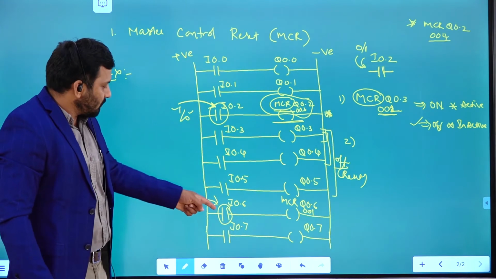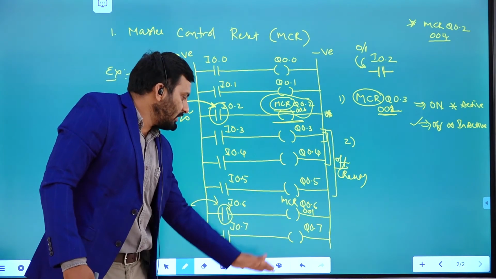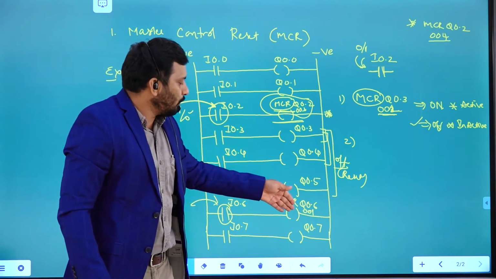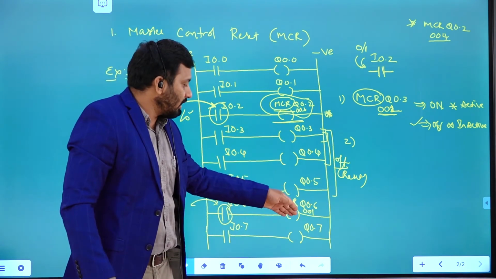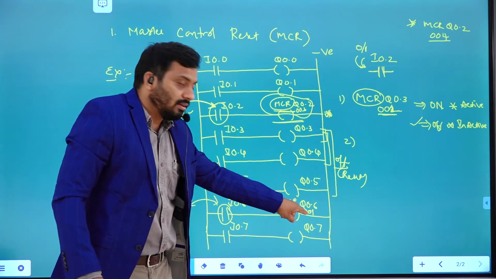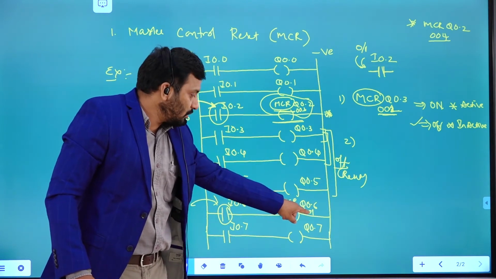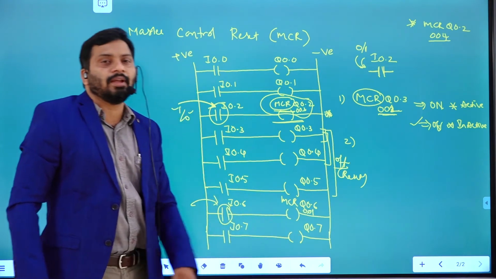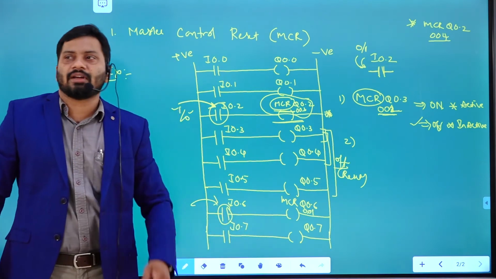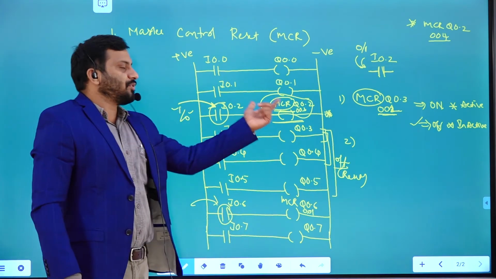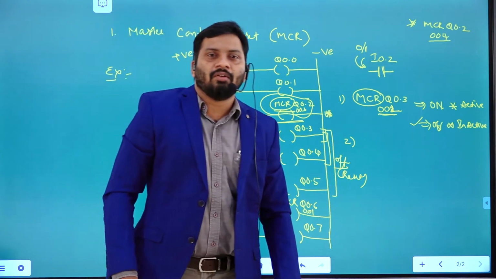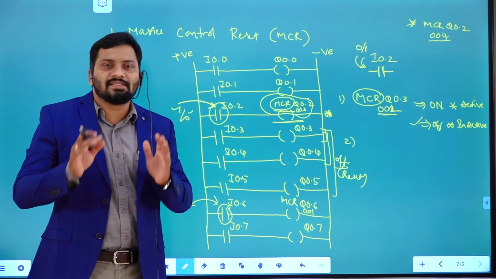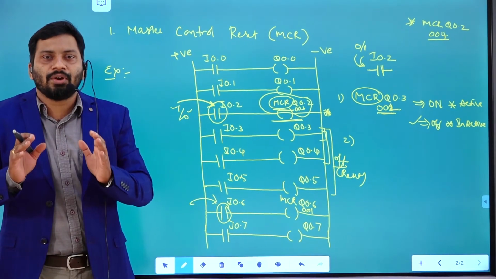If it is high, the remaining rungs are not going to be disturbed. It keeps on executing the remaining rungs. If it is low, it is going to move to the inactive state. Once it has moved to the inactive state, how many rungs are written? The address is 001, which means 1 rung needs to be reset. This rung is going to be reset, and then the remaining rungs are going to be executed. So like that, the MCR instruction is going to work in the PLC ladder logic.